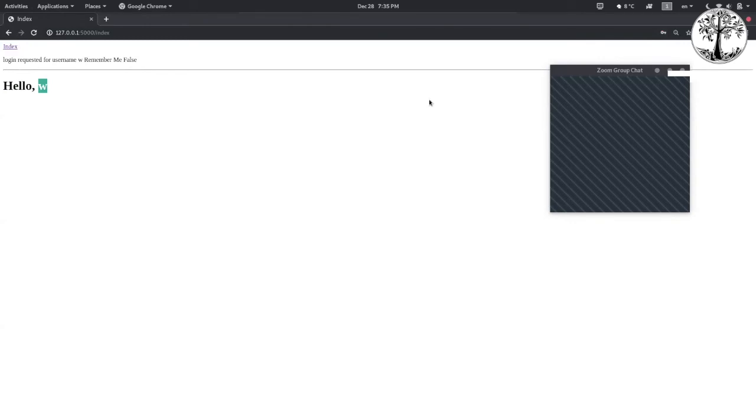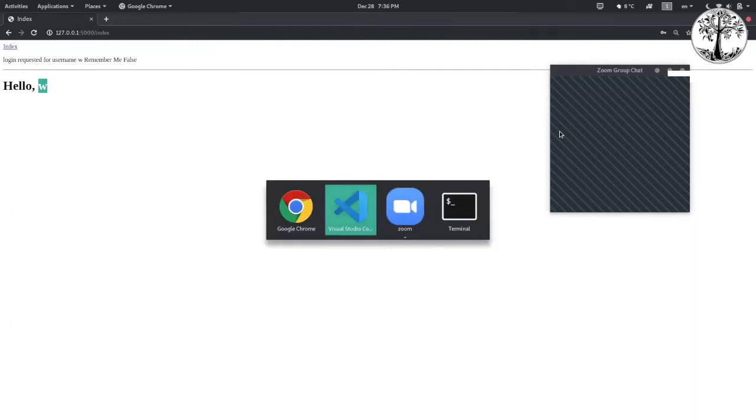Now, if it was a real application, we would just do a SQL query and check if the user exists and stuff. But right here, we just don't have any database because we're just learning Flask here, not SQL. So